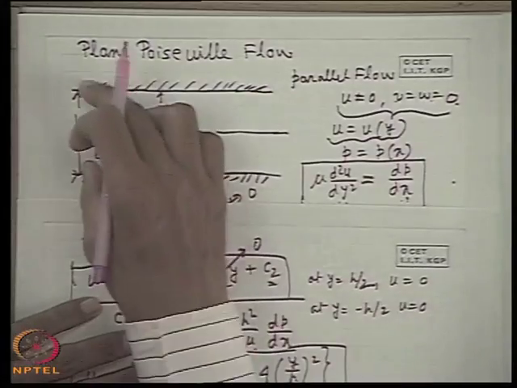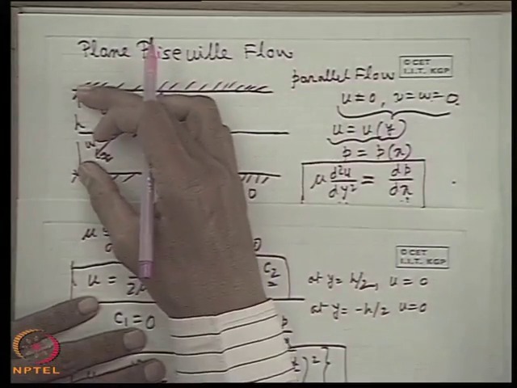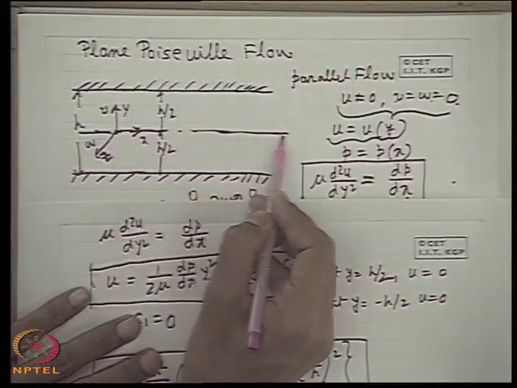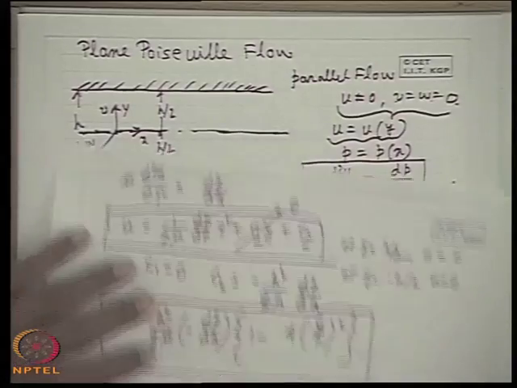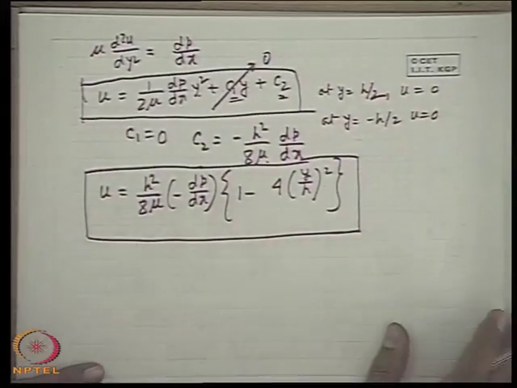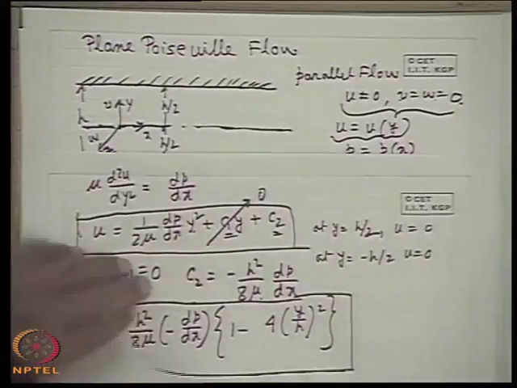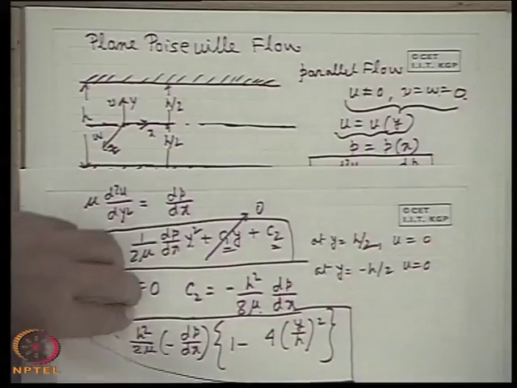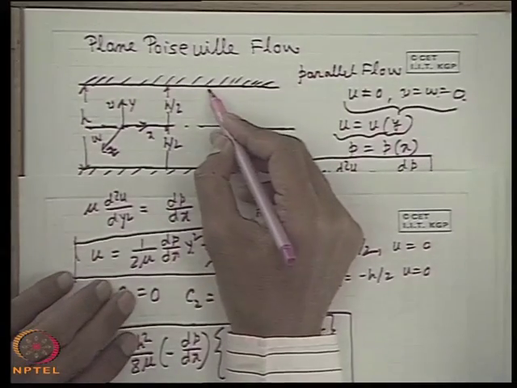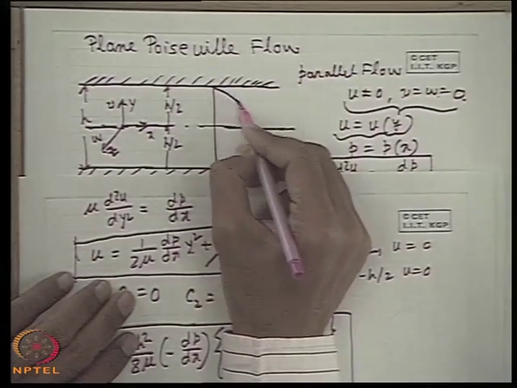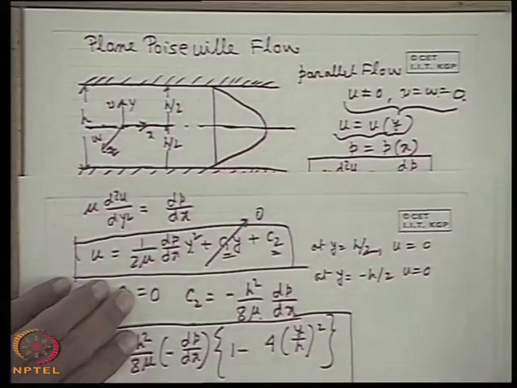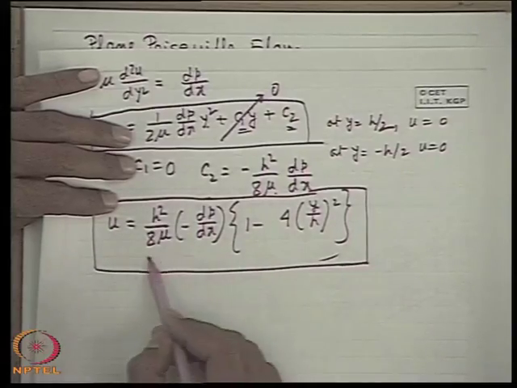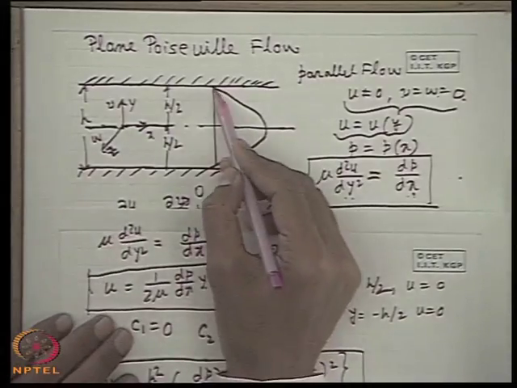That means the flow is between two fixed plates, the distance between the plates is h. So, this is the expression where the coordinate axis is taken at the middle as the x axis, from which y is measured. So, this is the velocity profile. If we plot the velocity profile, a number of velocity profiles or a family of curves can be drawn with this as the parameter. So, the velocity profile is like this.